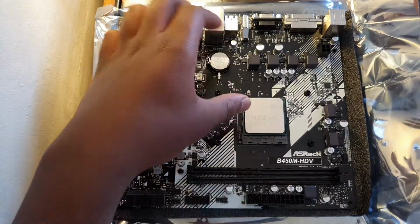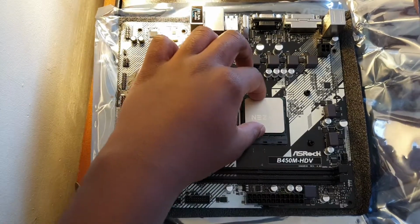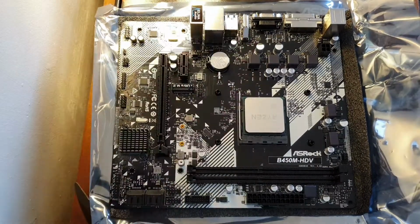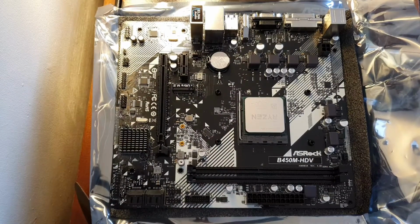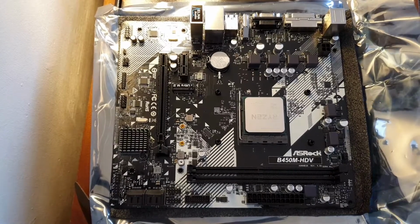And now you just close the retention arm. Now these don't require as much force as Intel CPUs, because man, those things scare me when you close it. It's like creaking and oh damn. Yeah, so now what we want to do is